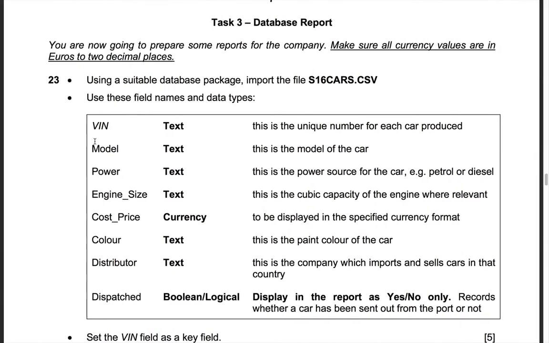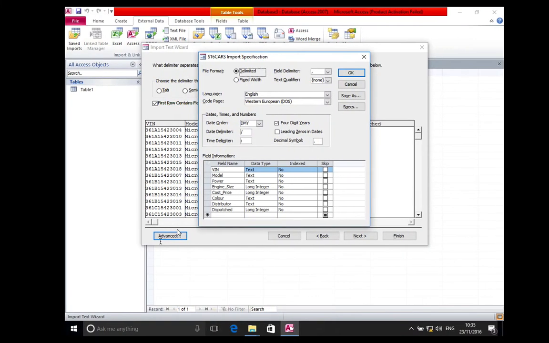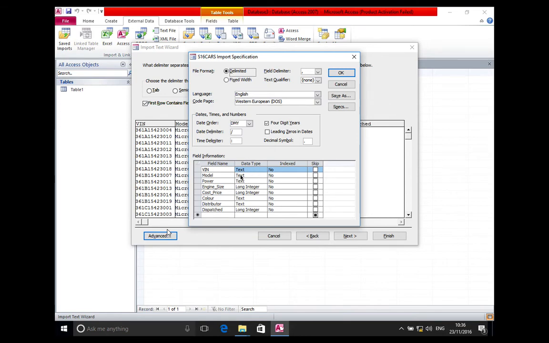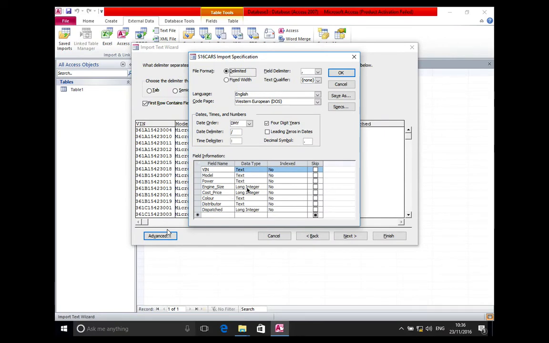Then we check the fields. What I should be doing is checking that the VIN number is text. This is a unique number for each car. If it's unique, that must mean it's a primary key. In fact, lower down we can see that it says set the VIN key as a key field, which means a primary key. So VIN is a type of text, good. Model is text, power is text, engine size is text. Look here, we can see that the engine size, according to the database, is a long integer. This is why we always go through this step and not change it at the end. So if I click in here and go to text,